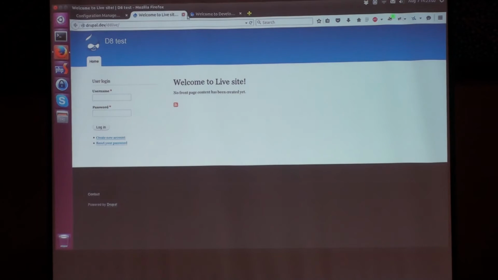Okay. So yeah, here I'm logged in, on the other one not. Here it says development site, and here it says test site. Oh no, I shouldn't do that because otherwise the system will get confused. Anyway,